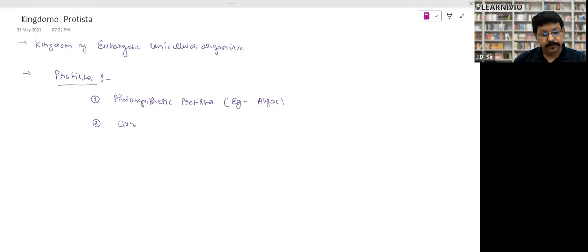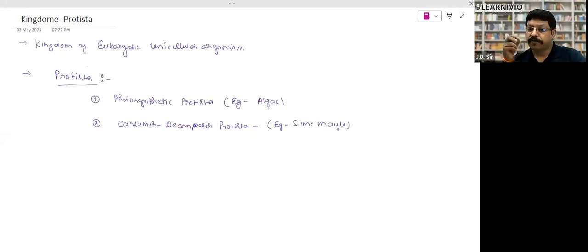The second one, consumer decomposer Protista. Who are decomposers? Here, like slime mold. The organism is slime mold. Slime mold has been brought from fungi. So from fungi, unicellular fungi have been taken out. We kept them in Protista. So the first category was taken out from plants, the second category taken from fungi, and third,